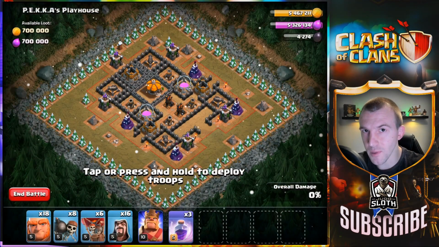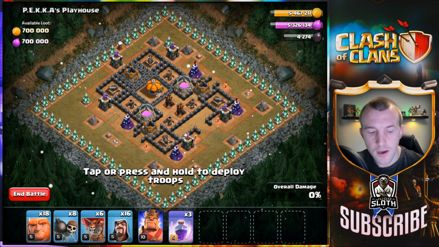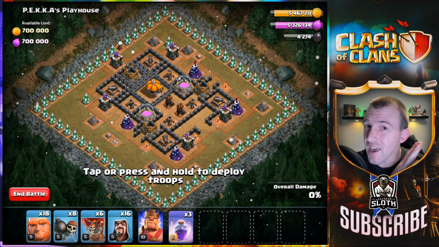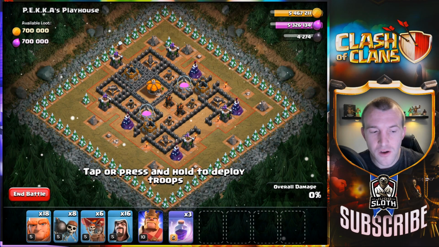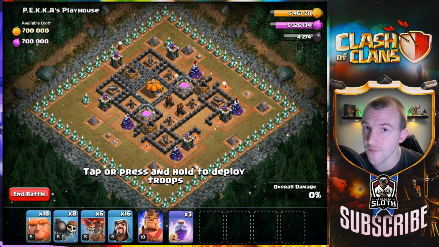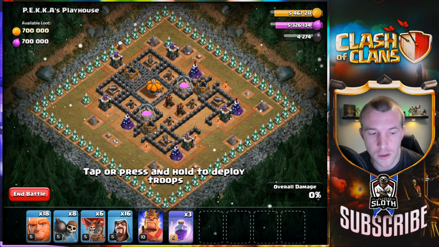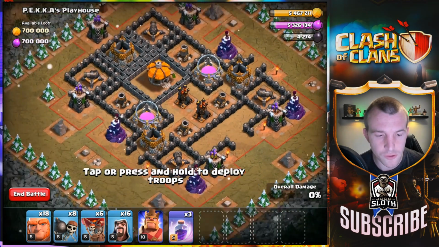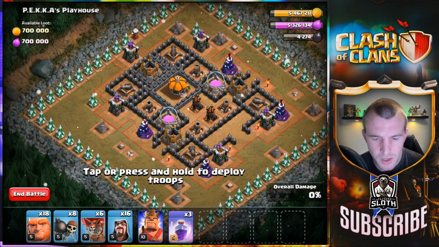Alright, Pekka's Playhouse it is, guys. The strategy we're using, the giants, the wizards, and the balloons, it is getting more difficult. I think we are going to have a shot at Sherbert Towers and see if it works, but I think we might struggle. Even this one, as you can see, the air defenses are quite central. We might just be able to use...